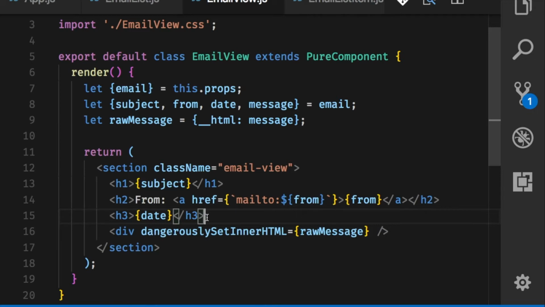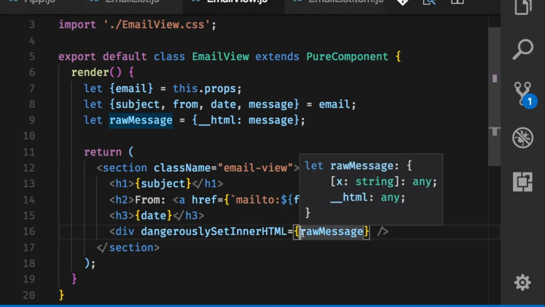Okay, so now email view is smarter. Given an email, it will actually render out information about the email. It'll render the subject. It'll render the from with the mail to a tag around it. It'll render the date if it had one, and it'll render the message. So now